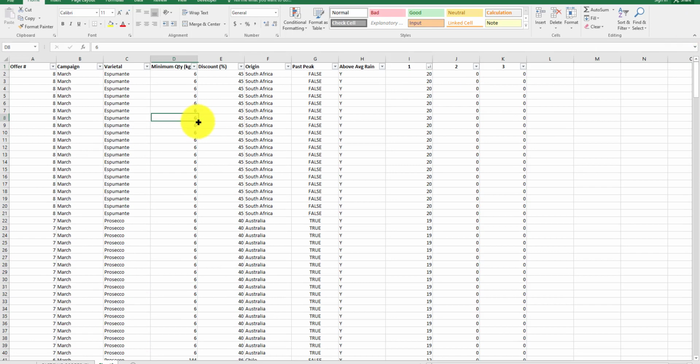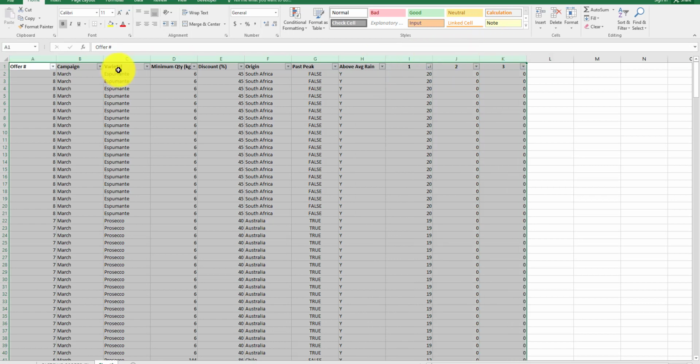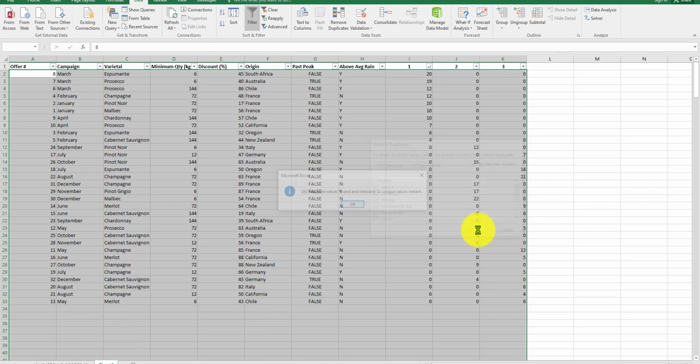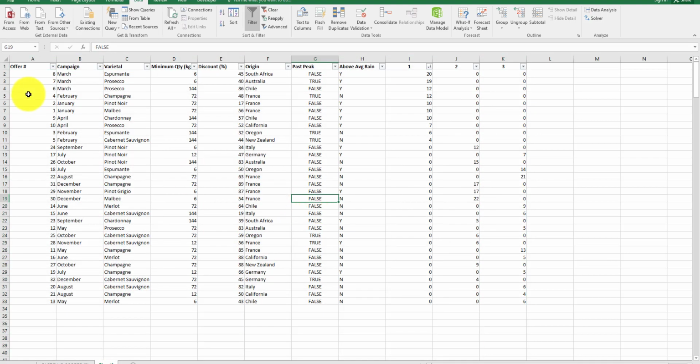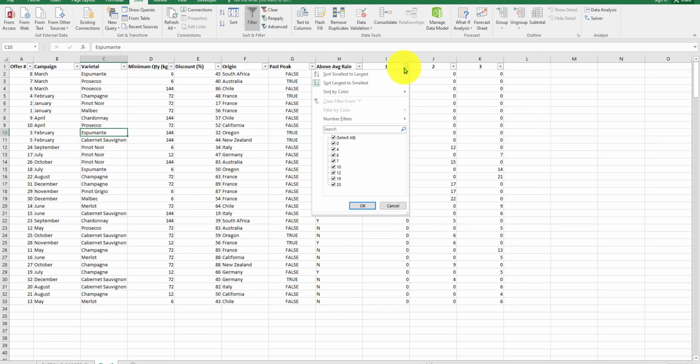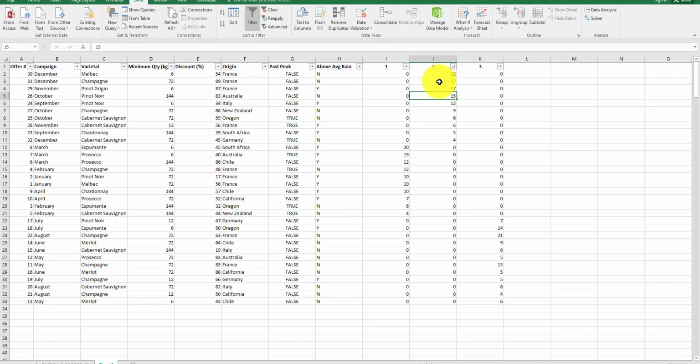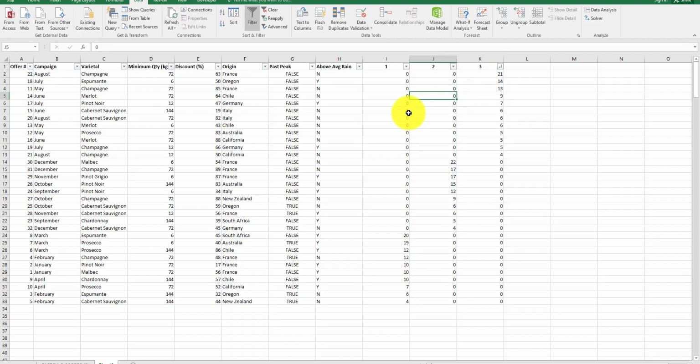Now, one thing that I would have you do next, I don't know if you've ever seen this in Excel, is you can take all this information and go to Data, Remove Duplicates, because we have duplicates. We pasted over 300 rows basically. Hit OK. We will have 32 unique rows, 1 for each offer. And what we're looking at here is, are there any relationships between these offers? If we had 21 customers by this one and 14 by this one,